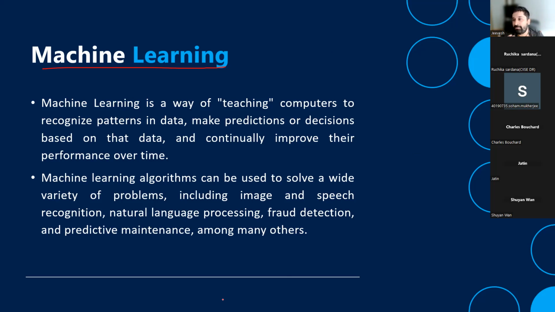So basically, when you train a machine learning model, you are telling the model, hey, this is a cat, hey, this is a cat, hey, this is a cat. And tomorrow you show it some image, it'll be like, okay, you have shown me 100 pictures of cat. From my learning, I feel this resembles a cat. Okay, so that's what machine learning is. In simple words, you are teaching computers to recognize the patterns in the data that you're inserting. Now, that data might be text, it might be structured, it might be unstructured, it might be images, it might be videos, it might be models that you create.